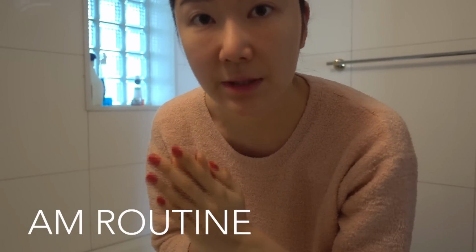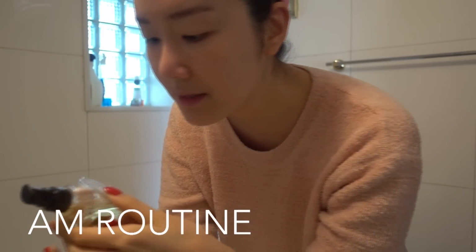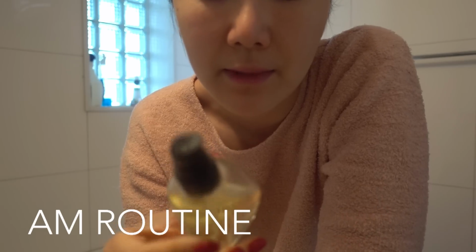Good morning guys. So I just woke up and I just wanted to show you my glass skin routine for the AM now. So as you can see, the Mandelic acid that I used yesterday really helped to overall just give me a really clean skin texture, and not just that, but just the overall very brightened and fresh glass skin. First, I'm gonna be showing you what I do in the morning, and I'm gonna be using this AVEDA